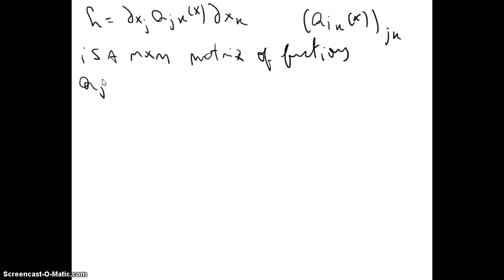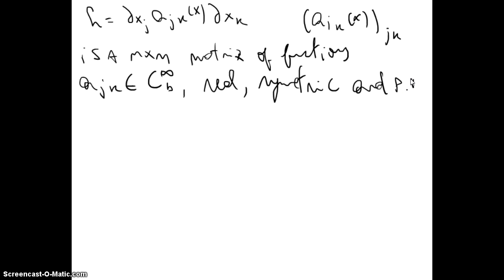Each ajk is in C infinity, real, and the matrix is symmetric, real symmetric and positive definite. Okay, so let's say that what we have here is that there exists b greater than 0 such that for all xi in Rn we have